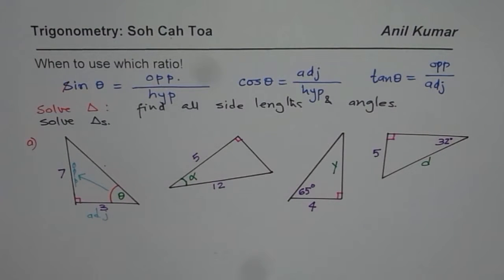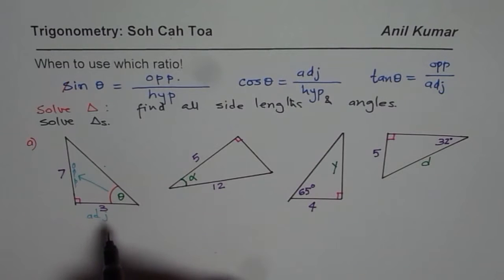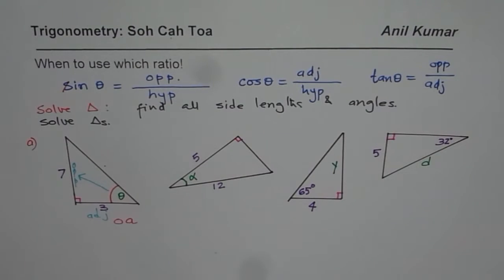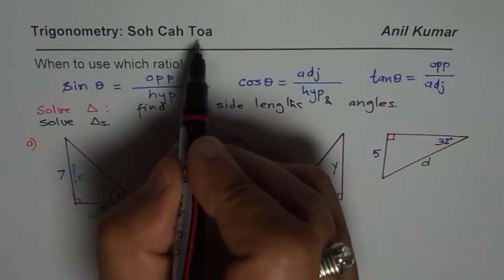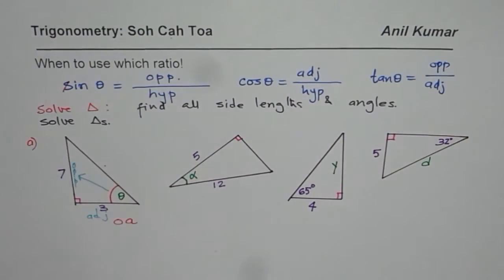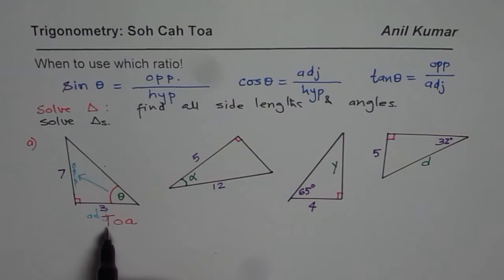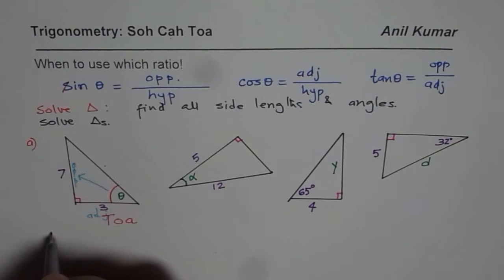So what we are given here is a combination of opposite and adjacent. So which trigonometric ratio fits in? Opposite and adjacent, it is tan, right? So it is tan. I'm writing T here capital, right? Tan ratio. Do you understand? So tan theta should be used to solve this particular triangle. That is what the key is. So what we can do here is, we can write tan theta